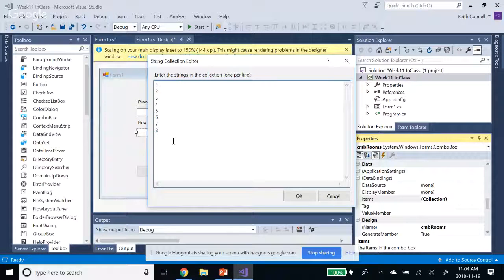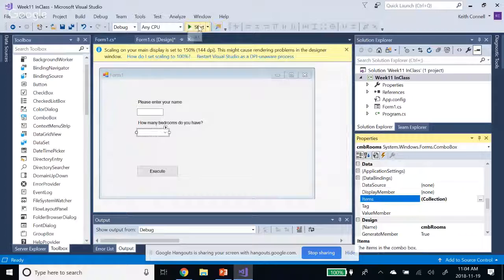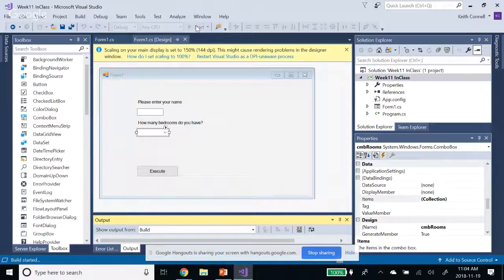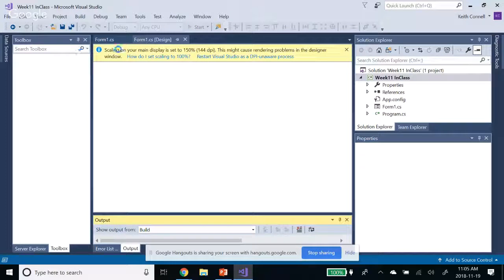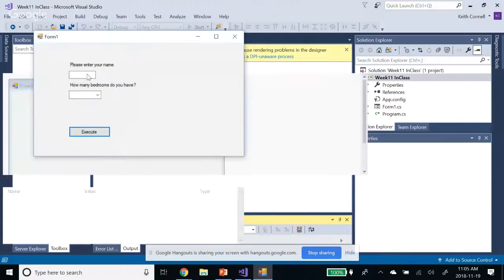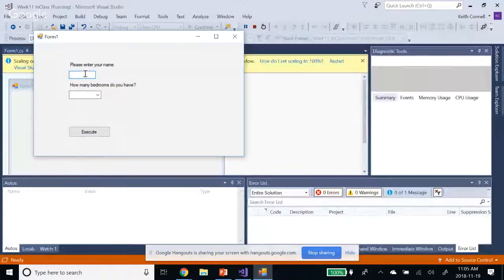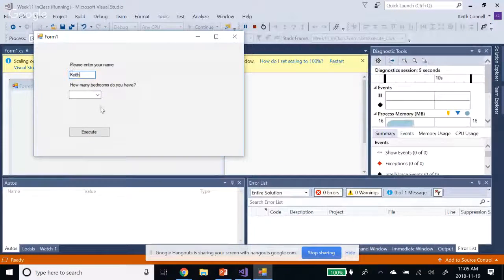And once again, I stress that it's a separate line per string. Then let's click OK, and we'll run it. 20 years of experience. And then we can do a drop down for,